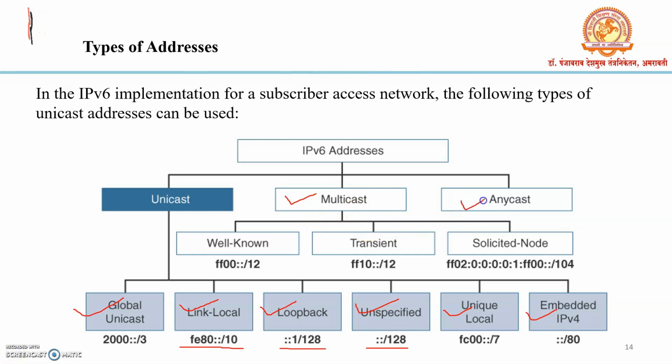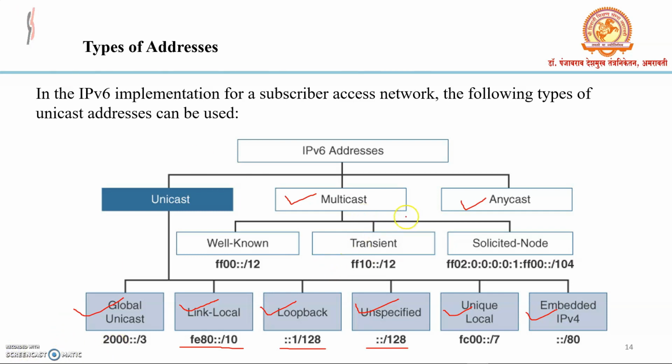Anycast address. An anycast address identifies a set of interfaces that typically belongs to different nodes. Anycast addresses are similar to multicast addresses, except that packets are sent only to one interface, not to all interfaces. The routing protocol used in the network usually determines which interface is physically closest within the set of anycast addresses and routes the packet along the shortest path to its destination. There is no difference between anycast address and unicast address except for the subnet router address.